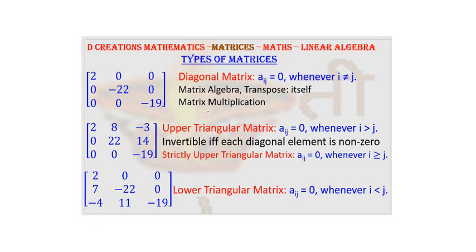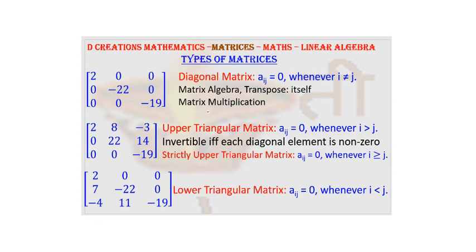Now this has some interesting properties. So imagine that you are adding two diagonal matrices. Obviously, what is the result? It's going to be a diagonal matrix itself, because these zeros are there for both the matrices. So in the resultant matrix, the non-diagonal entries will remain 0 as well. Similarly, with subtraction or scalar multiplication. So whenever you perform any matrix operation such as addition, subtraction, scalar multiplication on a diagonal matrix, it yields a diagonal matrix. What about its transpose?